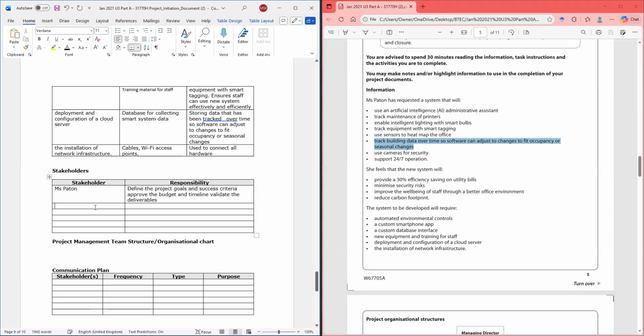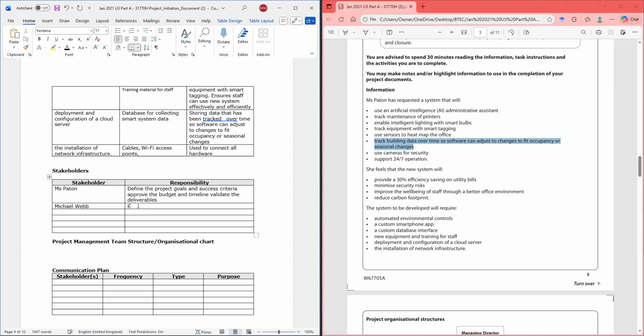And then we come to you or me, who is a project manager. The project manager plans, monitors, and controls a project.